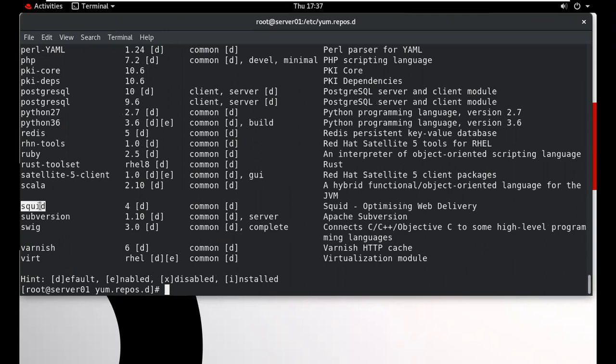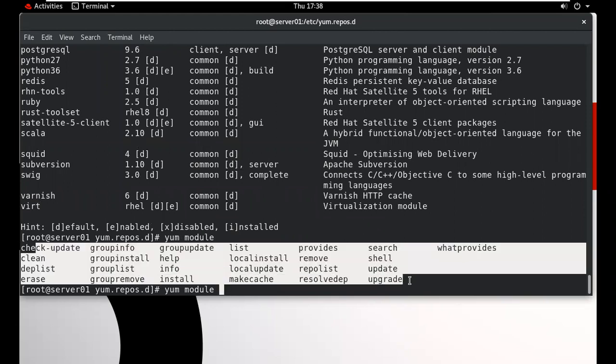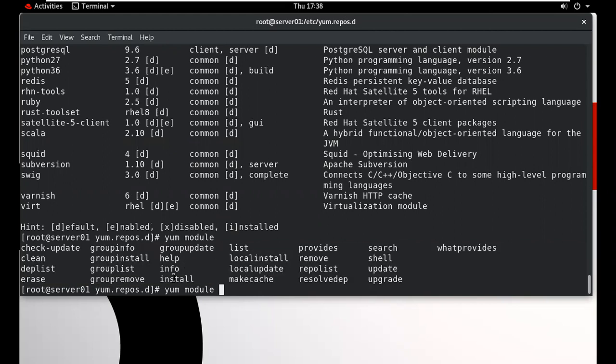This is mostly used in awareness. We can install any package like this. Module install, this is the command. And how many commands are in this? We can type Tab two times. So these are all the commands supported by the module. Just like group, it supports all of these commands. Suppose we want to install, we can use install. If we want to remove, we can use remove. All functionality will be supported by using this particular module function.